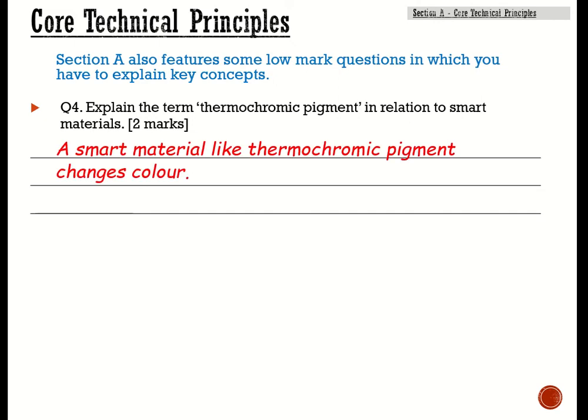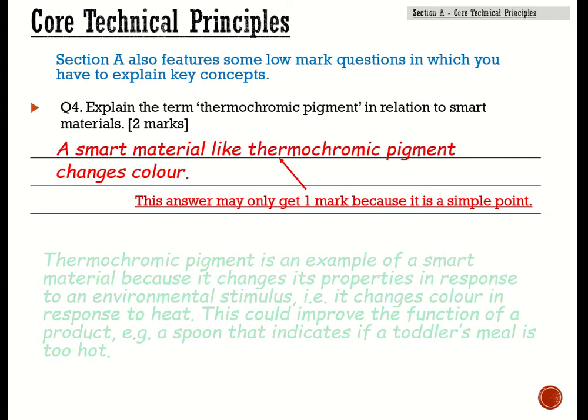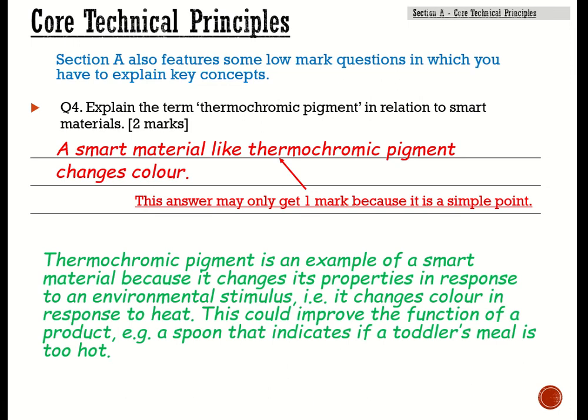Now if you answered something like this, a smart material like thermochromic pigment changes colour, you probably have made a simple point there, so you're going to probably pick up 1 mark. My advice is be a bit more detailed and specific and show your true understanding of all these topics. So for example, a better response would be something like this: